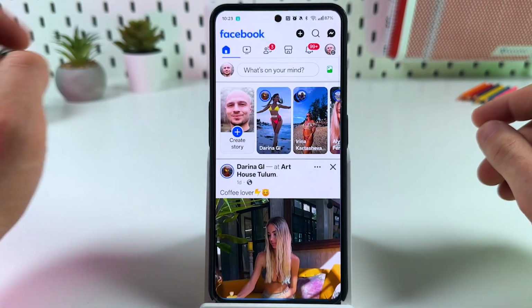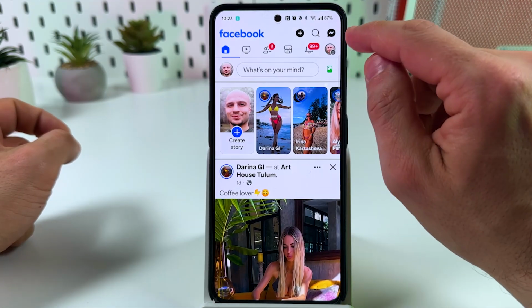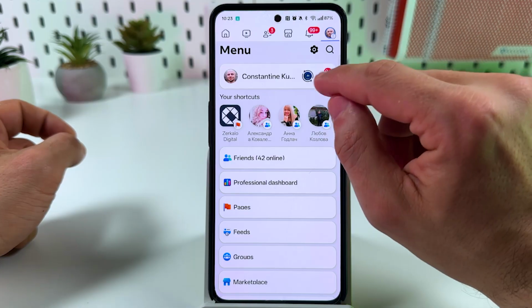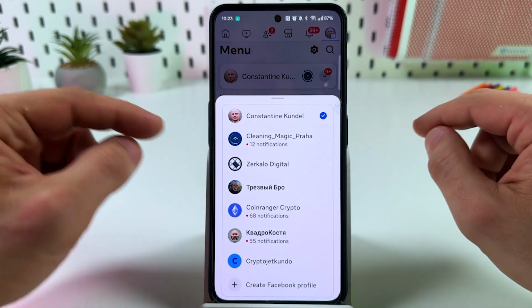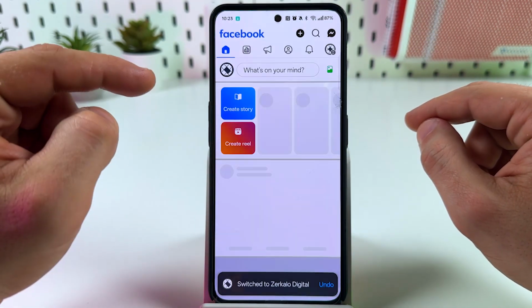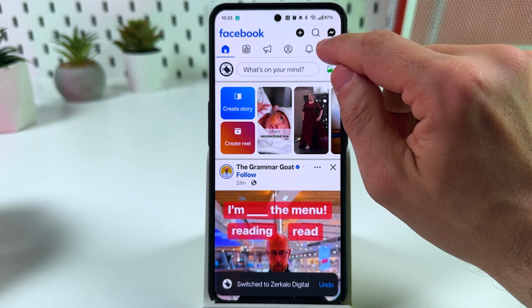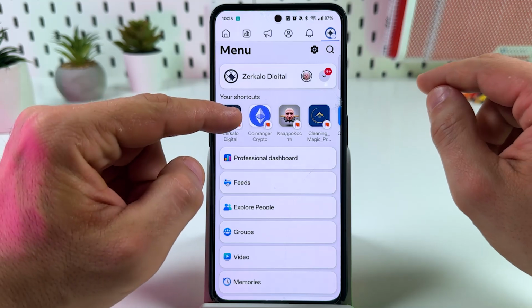So open the Facebook application and tap on your profile icon at the top right. Now tap on this arrow to switch accounts. You need to switch to your page account. Once again, tap on the profile icon. Go to your page,